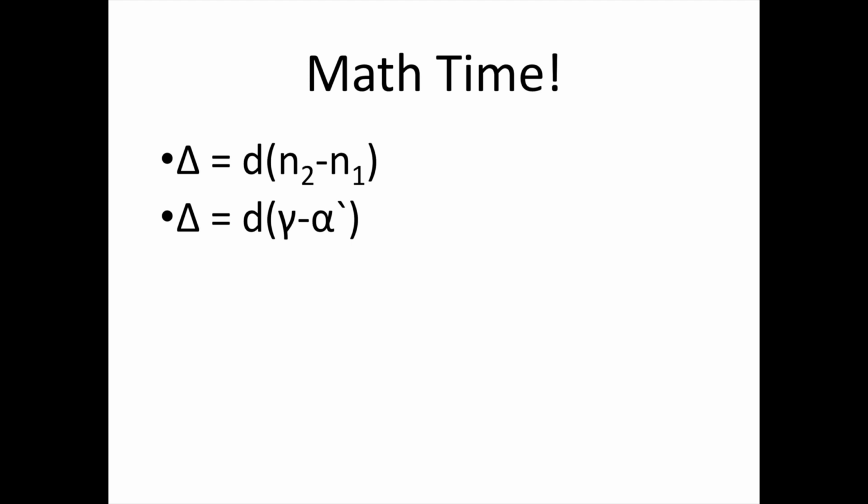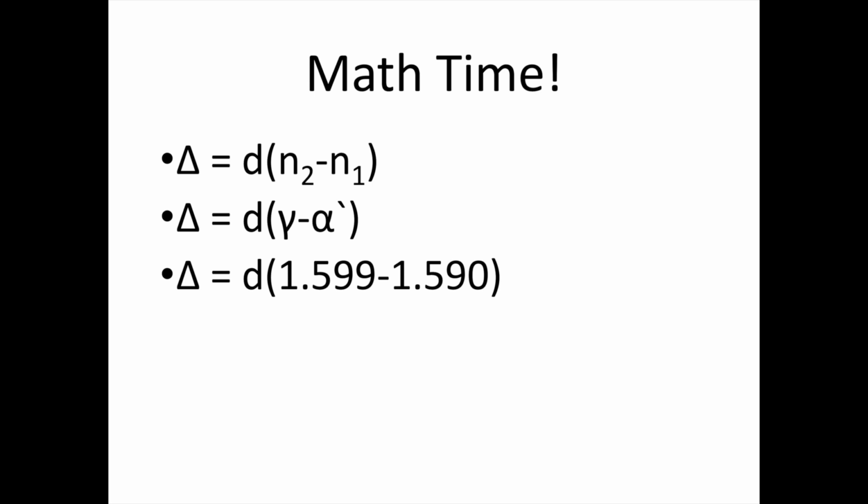So in this equation, we can replace N2 minus N1 with gamma minus alpha prime for our Muscovite mica. For refractive indices gamma and alpha prime, we'll use the values of 1.599 and 1.590 respectively. There is some variability here. The difference between gamma and alpha prime is then 0.009. And for this particular orientation of our muscovite, we now see the relationship between the thickness of our sample and